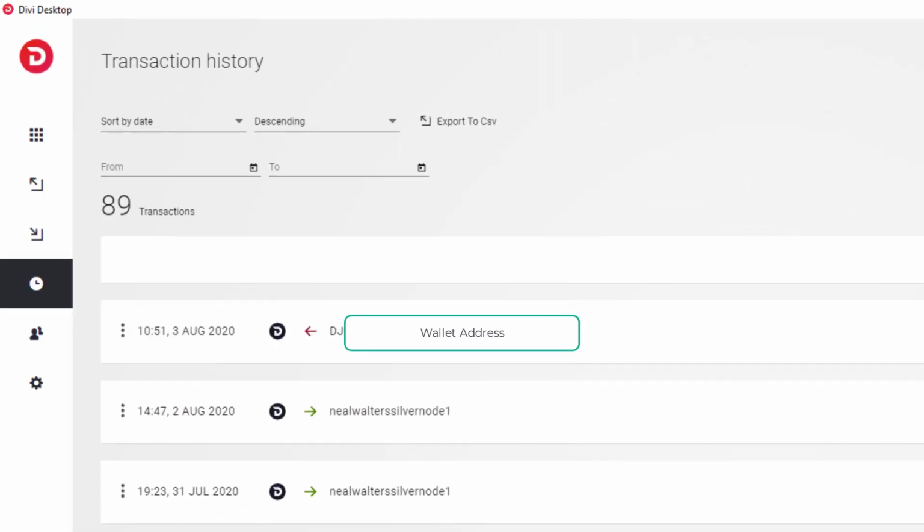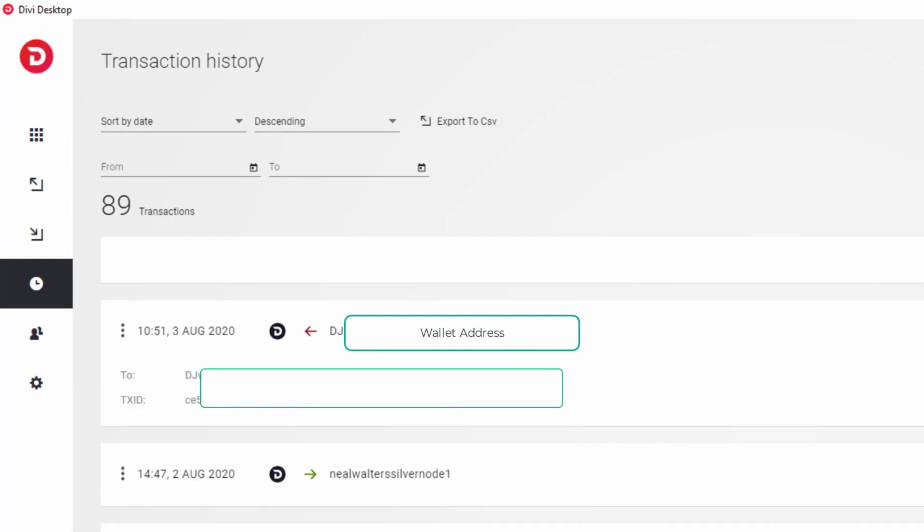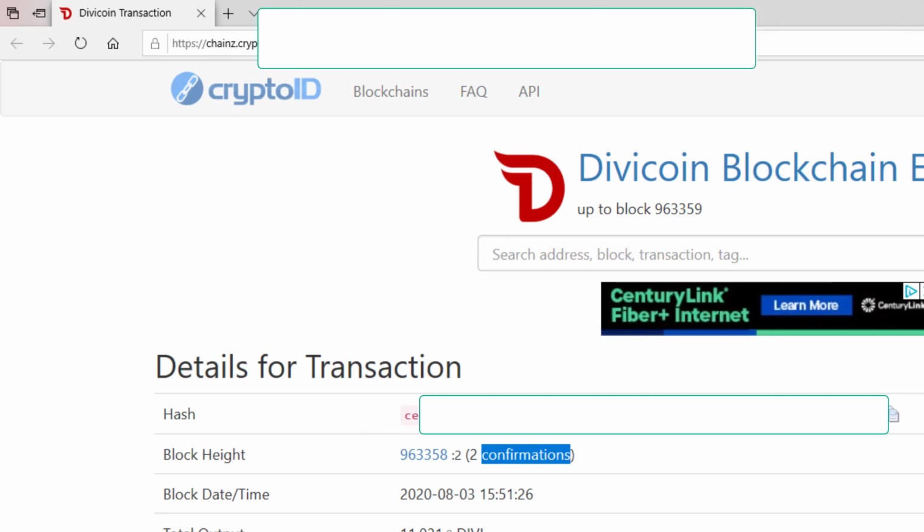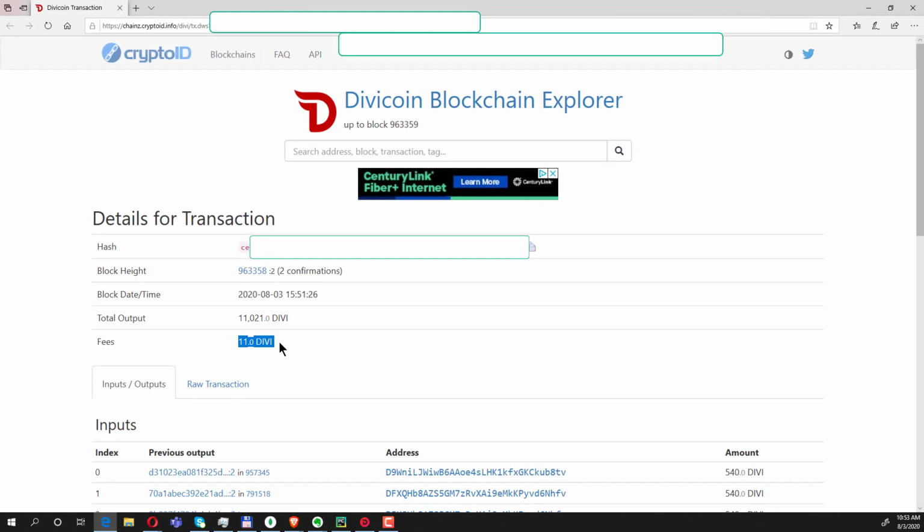But what you can do to actually track it even more, if you click on this address here, you get this transaction ID. And then if I click on that, I think they have it hooked to the browser. I don't know why, but I still have Internet Explorer as my default browser, or Microsoft Edge actually, even though I don't use it very often. So anyway, that's the browser it opened it in, and you can see the details of the transaction here, and here you can see it's got 2 confirmations. There's the amount of the transfer. Of course, there were some minor little fees there,